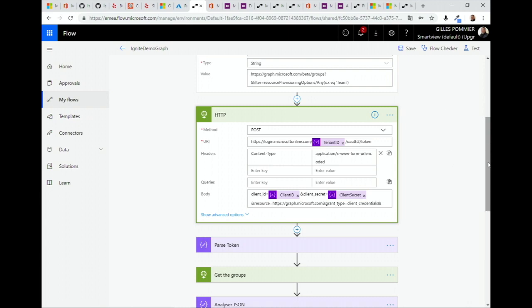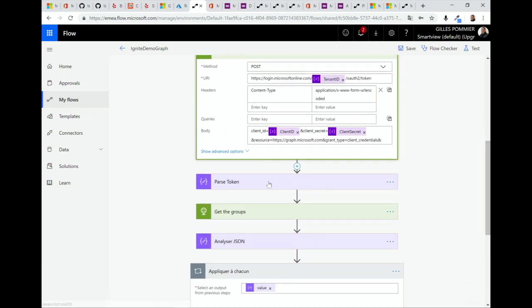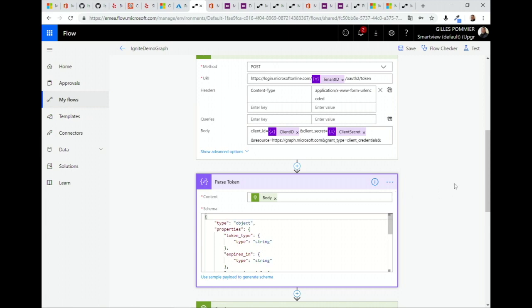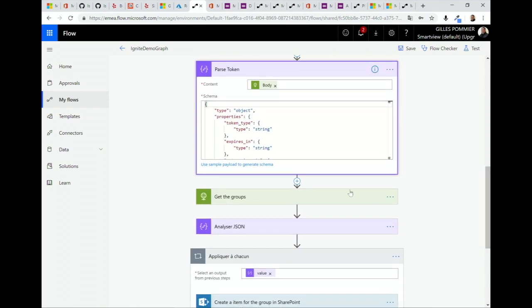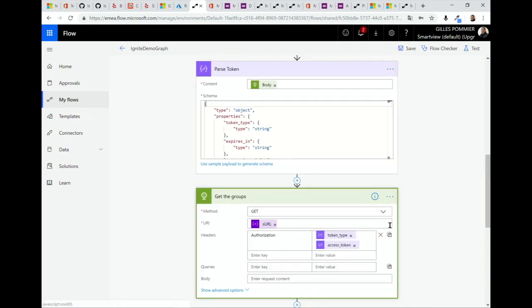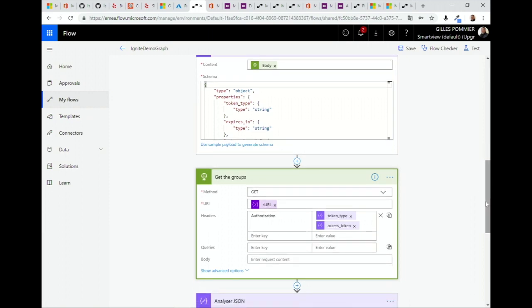And then I will use the result here of the body, for example, to get the groups. To get the groups, I have the URL of the groups here that is stored in my variable, but I need the access token and the token type, and the token type comes from the previous action.